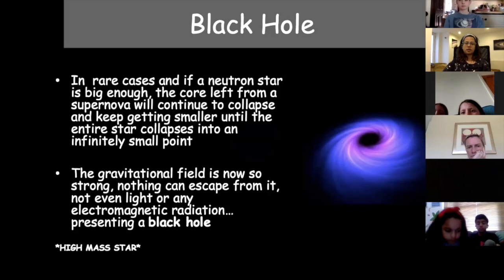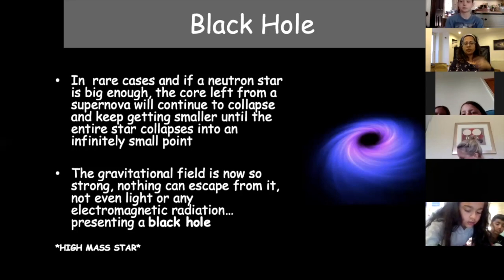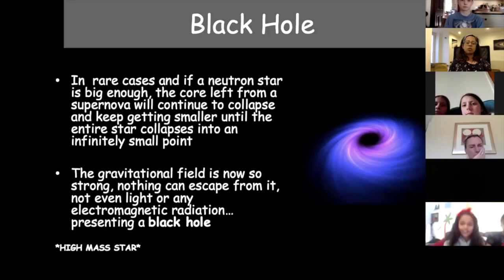When a star is very, very big, more than 3 times the size of the sun, even the neutron star collapses, and all we're left with is this black hole, which has such a strong gravitational field, nothing can